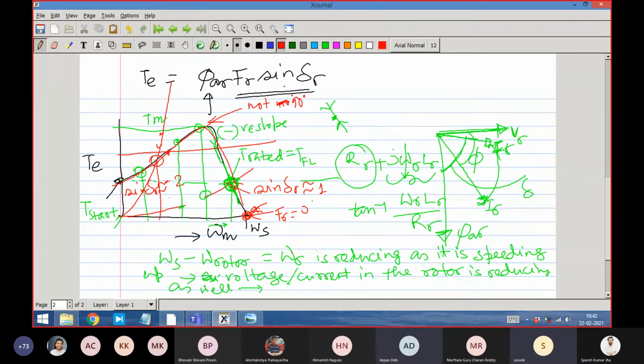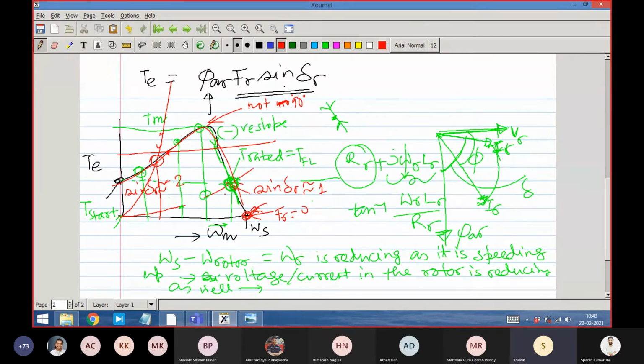So how can you determine the actual stable region? At the two edges the machine is not stable, then which part is the stable region? Stable region, you tell me. If for some reason something changes, it comes back to the same region, same point. That is the stable point.